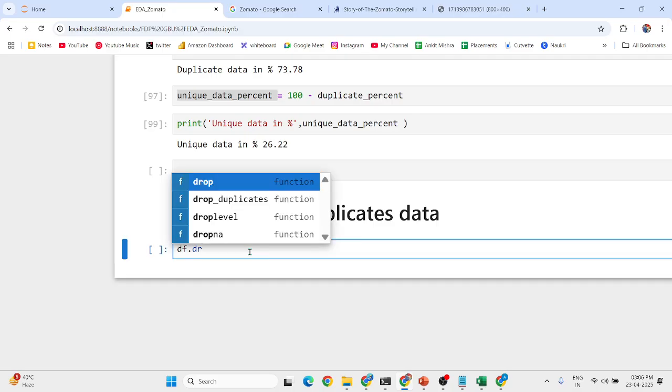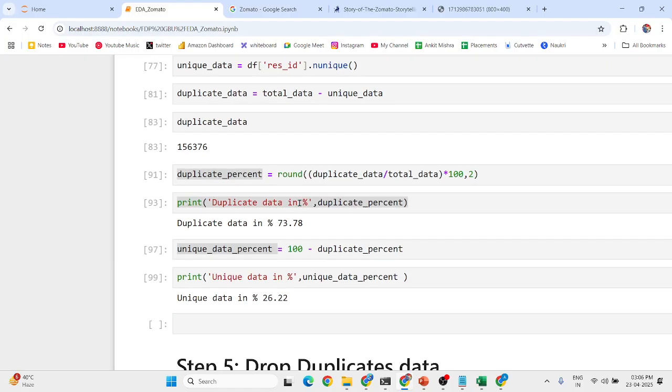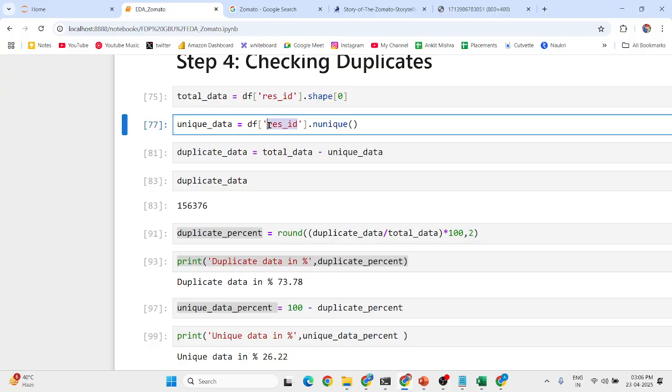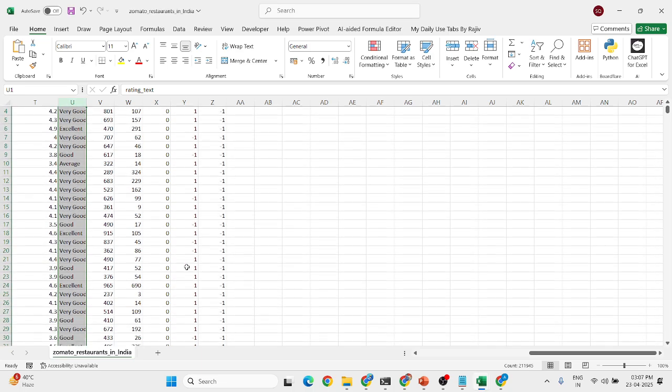So df dot, just run this and hit the tab button. It will give you the method which is drop duplicates. Now you want to drop duplicates based on which column? Based on this column, because this restaurant ID remains unique, it remains the same, right? And you know that if you are getting the duplicate data, suppose I am getting this duplicate data,